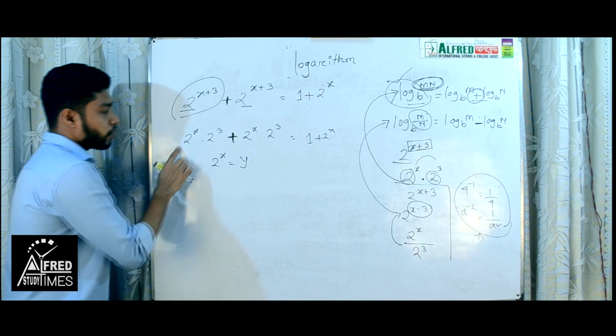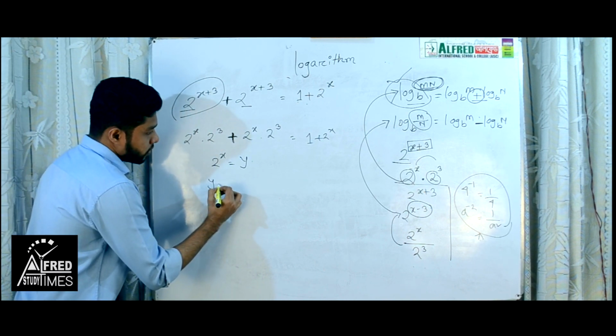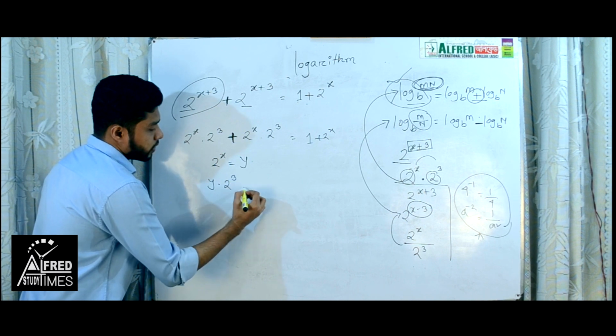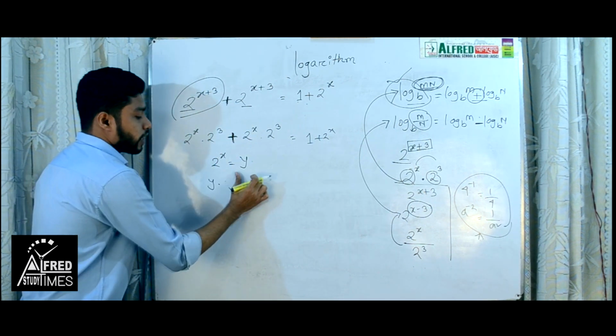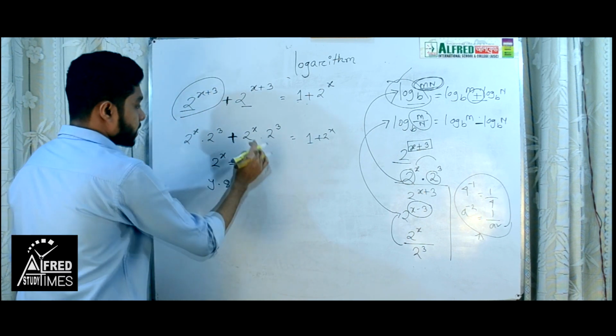So then you can see here what will be here: y to the power 3. We can write it as 8, plus, we can write it same as